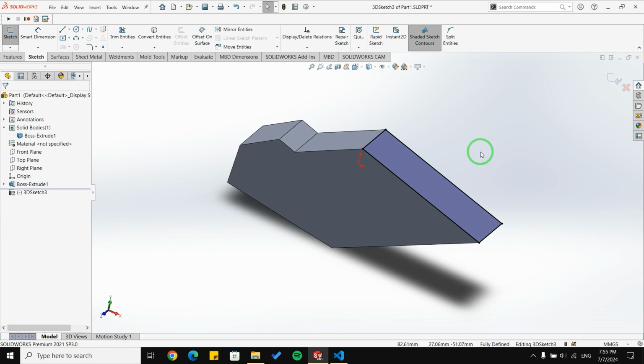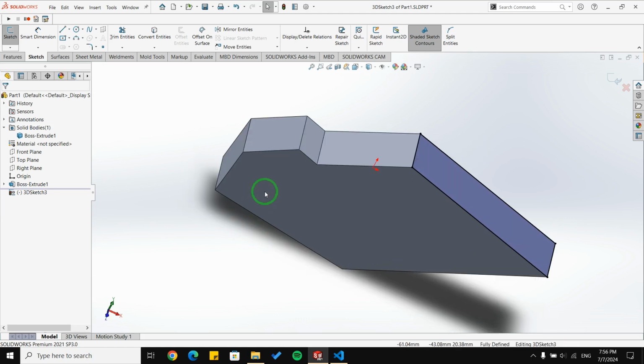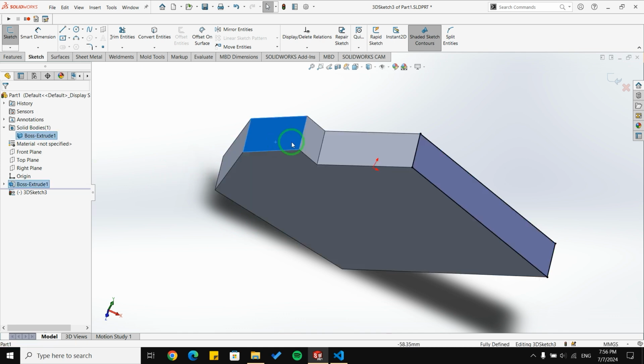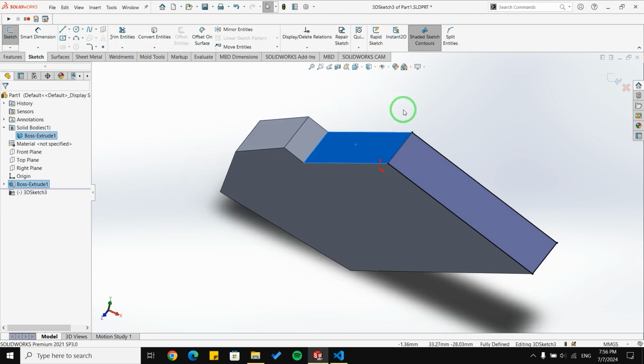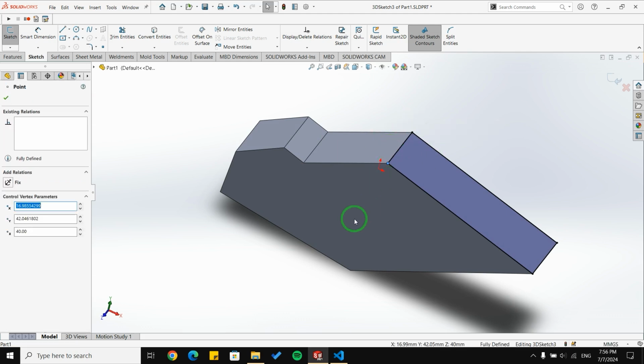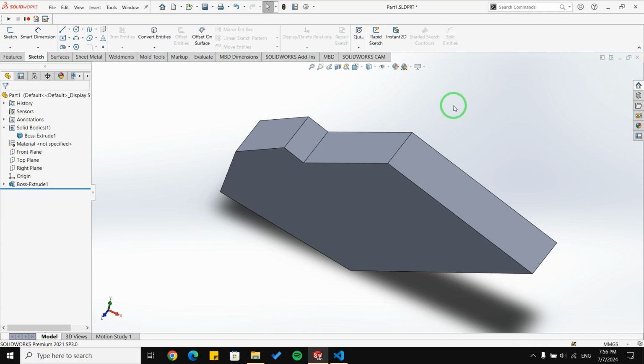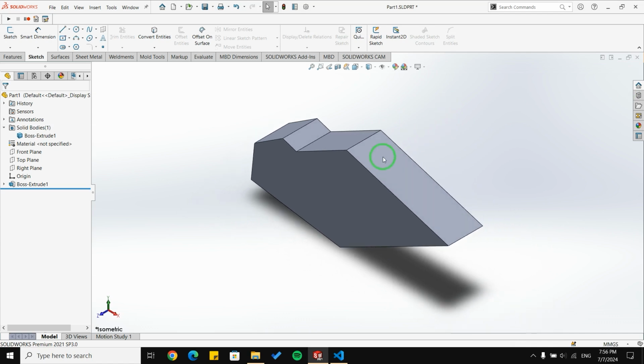So what we need to do is first get this body, second extract all the faces it has, third convert each face using convert entities to a sketch, and fourth use get points to extract all the point locations in each of these sketches. Okay, let me delete this sketch and let's write the proper script for that.